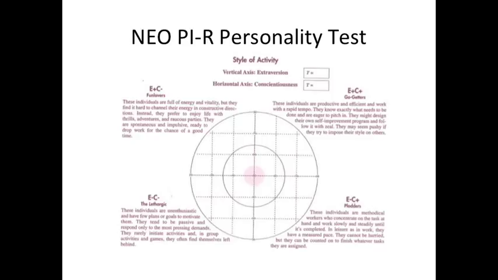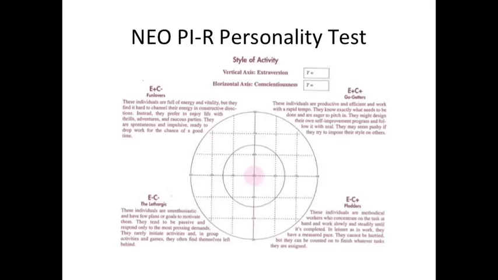For instance, to find a student's style of activity, we look at both their extroversion score and their conscientiousness score. If a person is both an extrovert and conscientious, that means that they're a go-getter. It means that they're active, efficient, productive, and more to the point, they're on task. They know what needs to be done, and they're ready to pitch in. On the other hand, if they're extreme extroverts, but they're not so conscientious, it means that they have a lot of energy, but they find it hard to channel that energy into constructive directions.